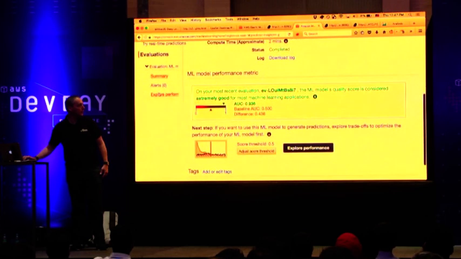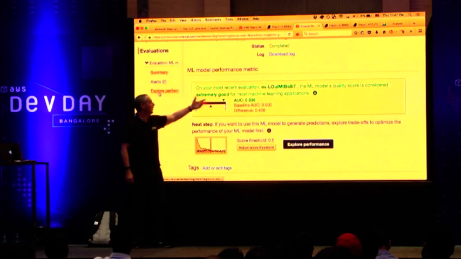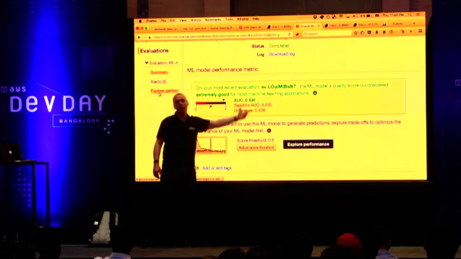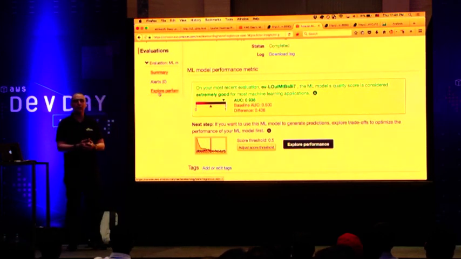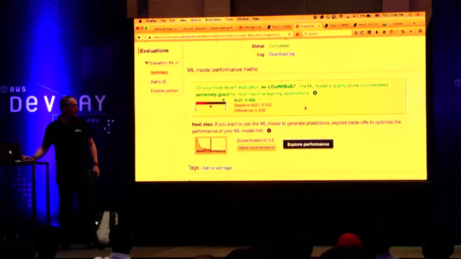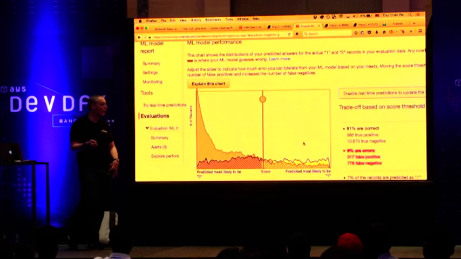is relatively good. How do I know that? Because I see it's green. It says it's extremely good, and there is this kind of a value which is very close to 1. So it gives me this good feeling that maybe the model that I build is very, very good. But it's not enough. Let's jump into this visualization that we have as part of the Amazon Machine Learning console